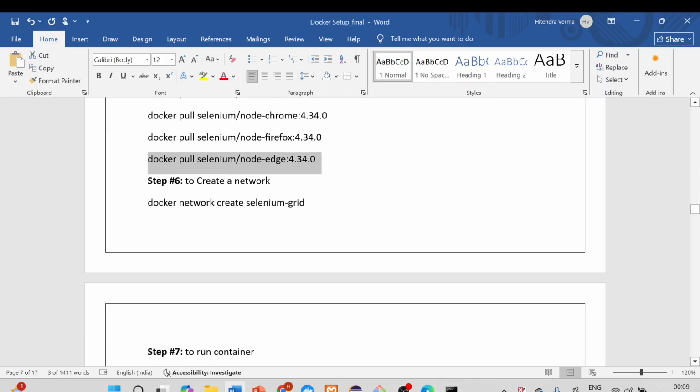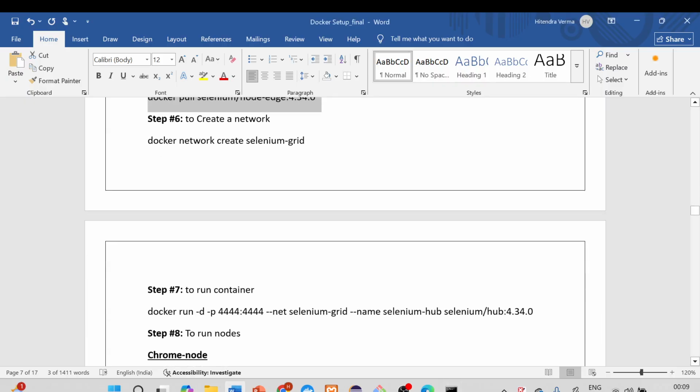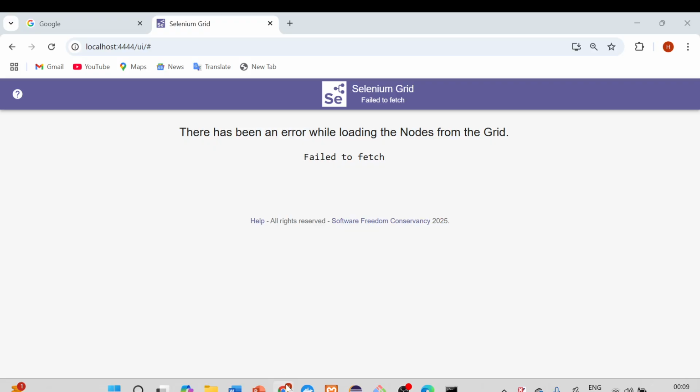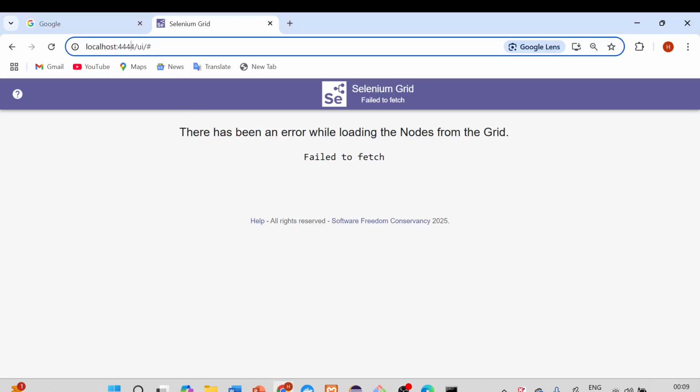And after that we need to create a network, the Selenium Grid network, and we need to run that container. So how do we run a container, right? So this is a simple command which we have, docker run -d -p